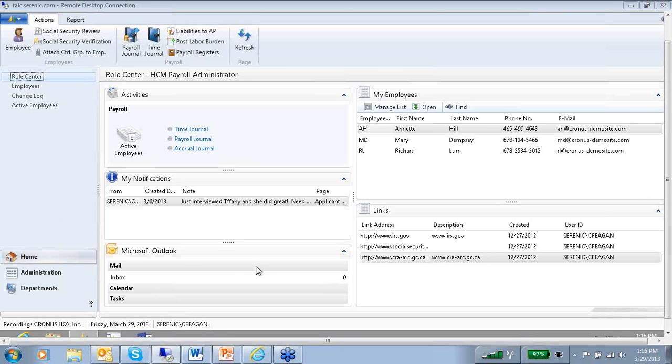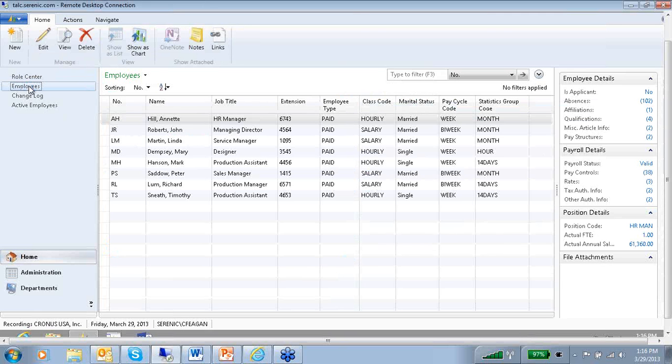As well, I've got access to my Microsoft Outlook, so I never really need to leave Dynamics NAV anymore. And I've got access to notifications, which is the ability to send notes to other users within Dynamics NAV. I'll show you this a little bit more in a few minutes. So what I'm going to do is click on my employees,